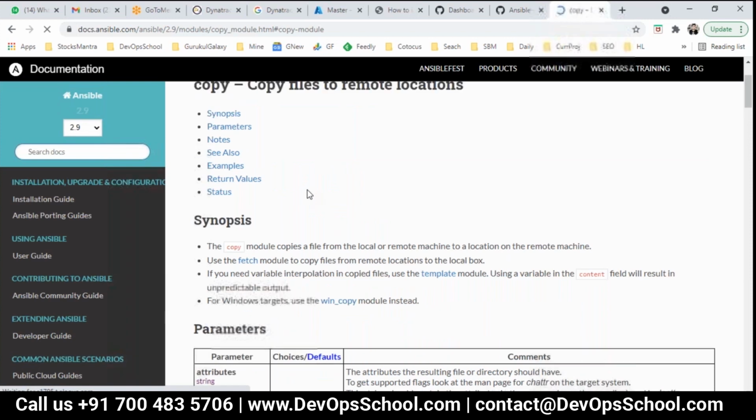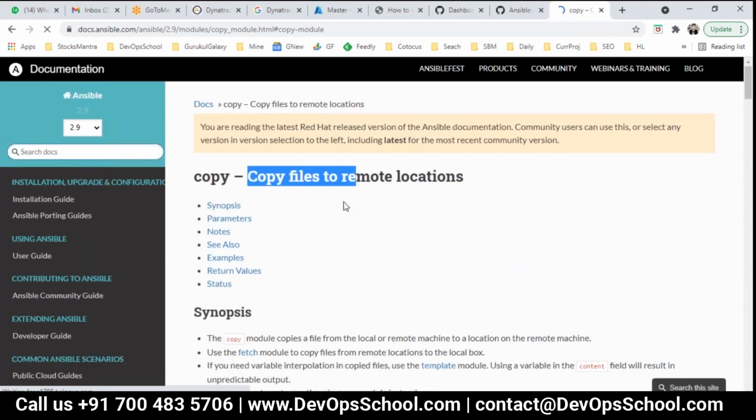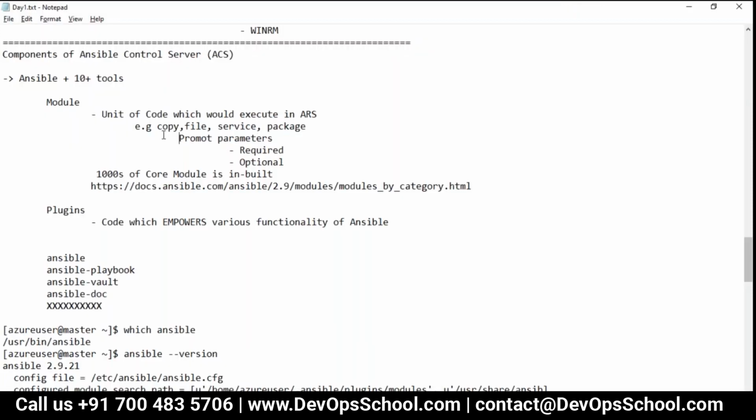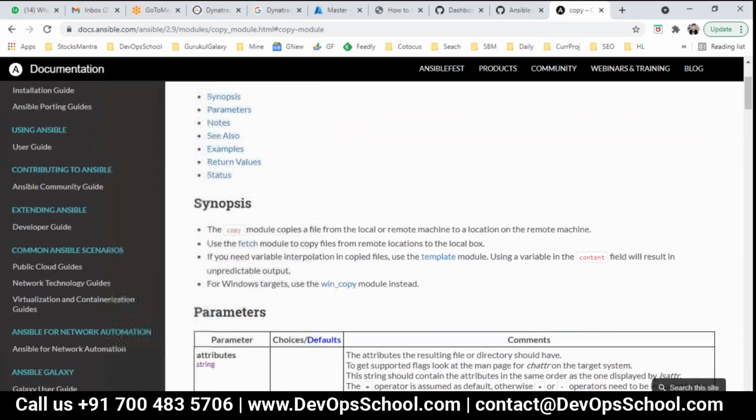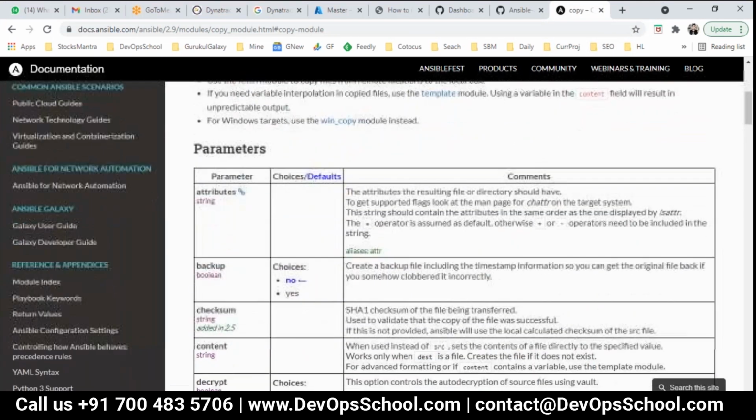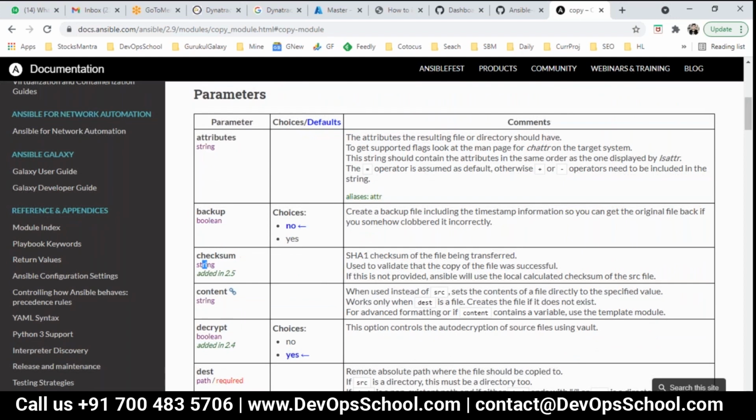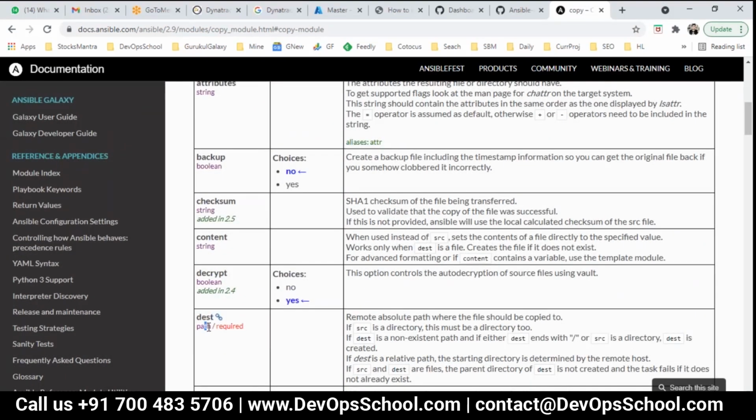Using this module, you can copy files. But I also said these modules have parameters. Some parameters are required, some are optional. So how do you understand this? Look at the parameters table, and the types are also there: attributes is string type, backup is boolean, here again string, here path.